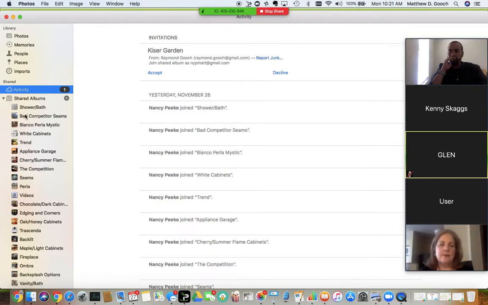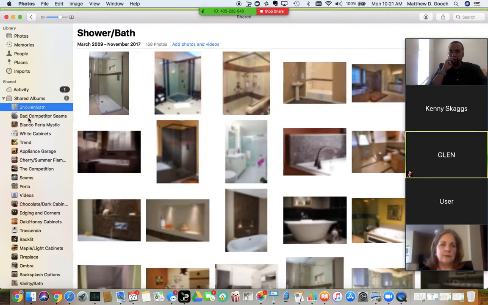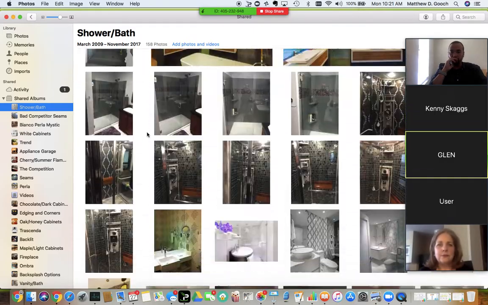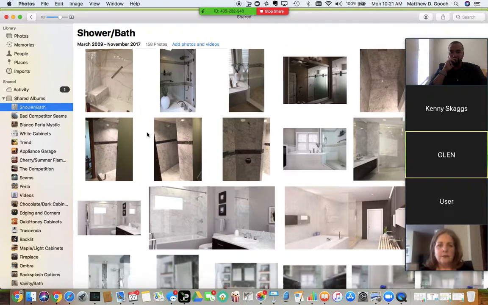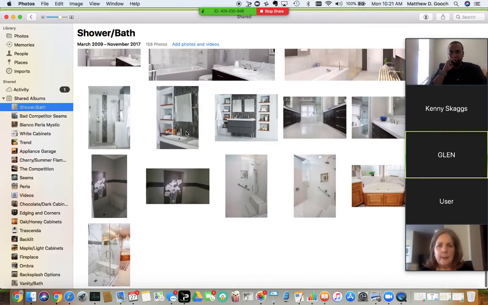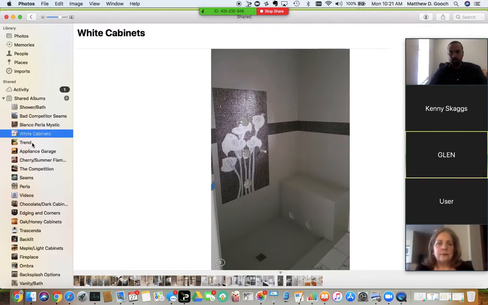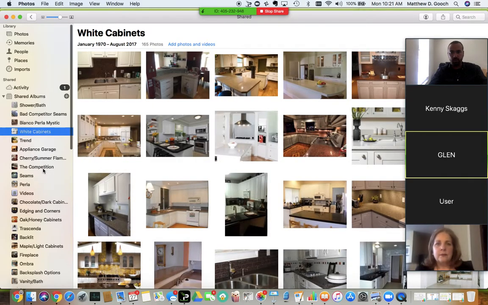So just to give you a quick rundown of what these things look like. These albums, this is an example of one here where, if you were to subscribe, all of these photos would automatically download to your device. You can see I've been out of the field for some time, so not all of them are up to date. Here's a beautiful one that Tony up in Seattle just sent me. And again, the second he sent it to me and I uploaded it onto this, it should have downloaded to everyone's device that is part of this group. So you can actually delete any photos you don't want to use,